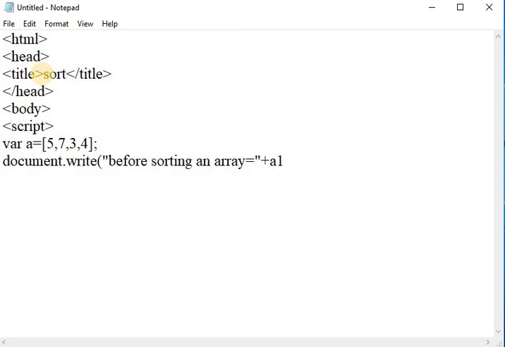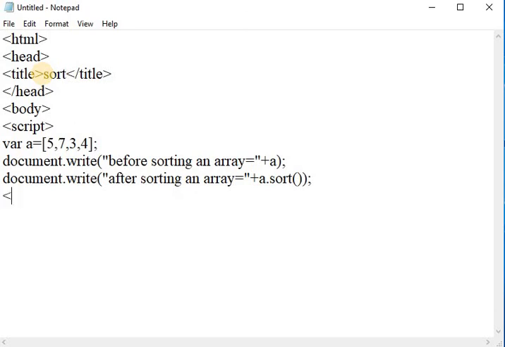Plus A. Sorry, the array name is A, so I am taking A. After that, here I am writing document.write after sorting an array, equal to plus A, that is the array name, dot, use the sort method.